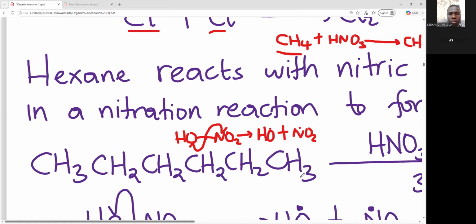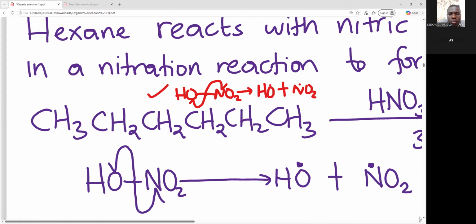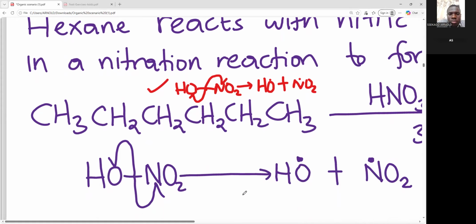Now step two. Now that I know my carbon that is more reactive, for step two, the hydroxyl radical attacks the alkane. So I have my hydroxyl radical, HO with a dot, followed by my alkane. My alkane is CH3, CH3, CH2,